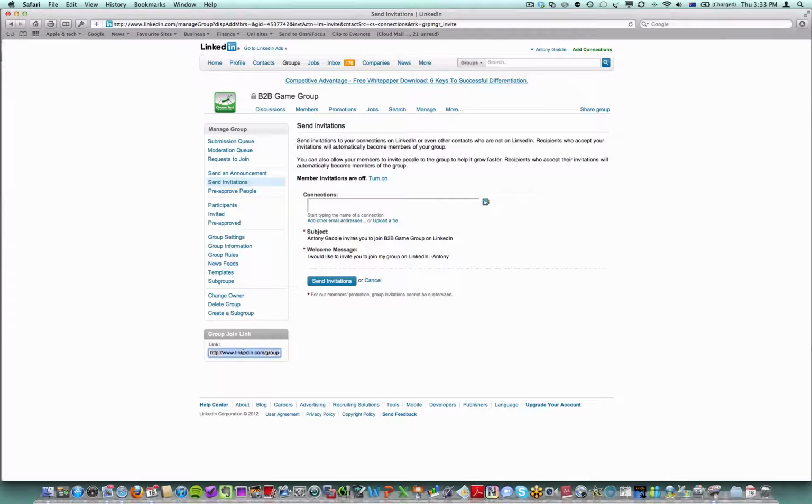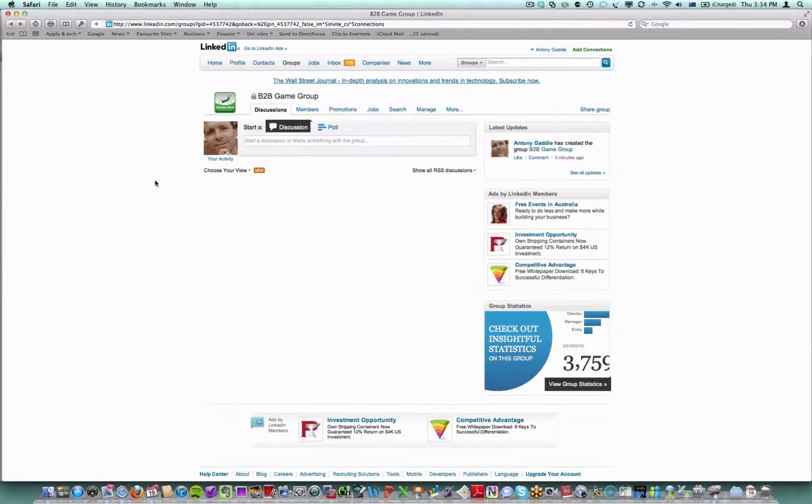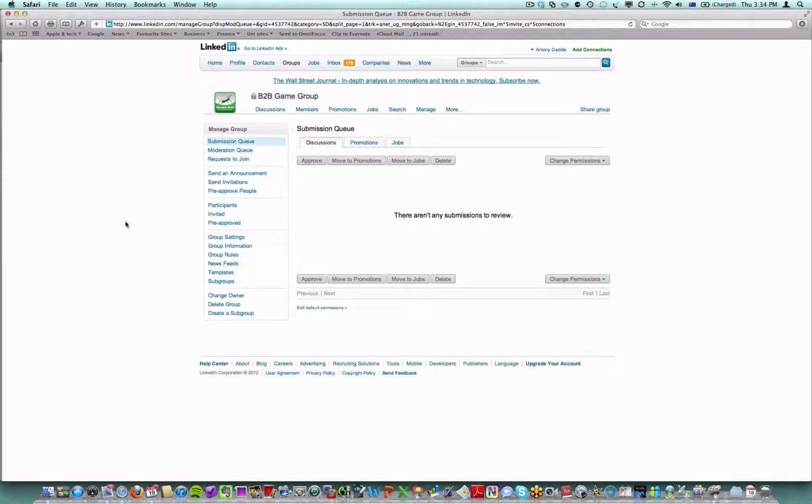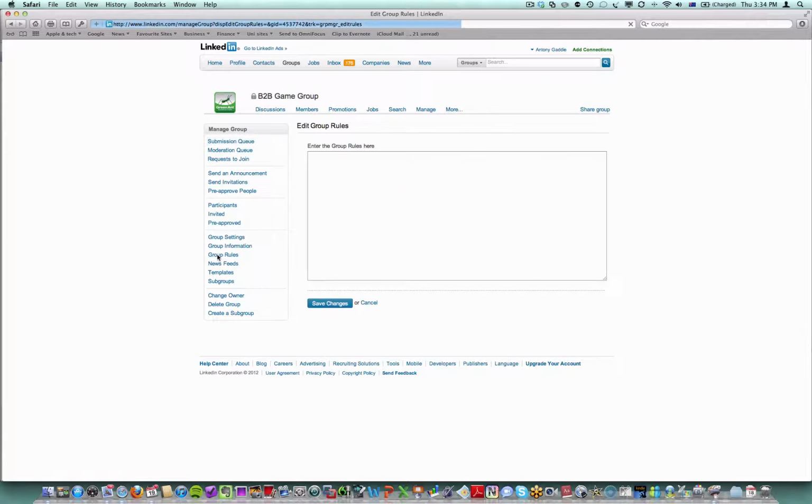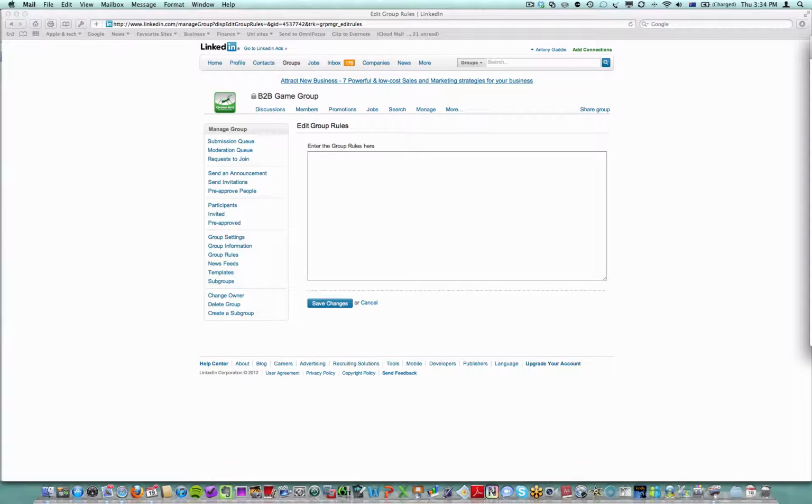So if you want to embed it in an email, that's a link you can provide, so people can then come and they'll go to the group page in their browser and they can request to join. You can add more connections here, you can pre-approve people, as I said before, and you can manage all the members of the group from within this screen. If you want to provide some rules for people who are members of the group, if you go to manage and down here go to group rules, then this is just a way of giving people some guidelines as to what you're expecting